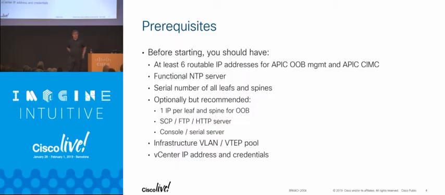And then what we need is a functional NTP server. ACI, the fabric, the controllers, they will have potentially 50, 100, 200 leaf switches in the fabric. So that also means,